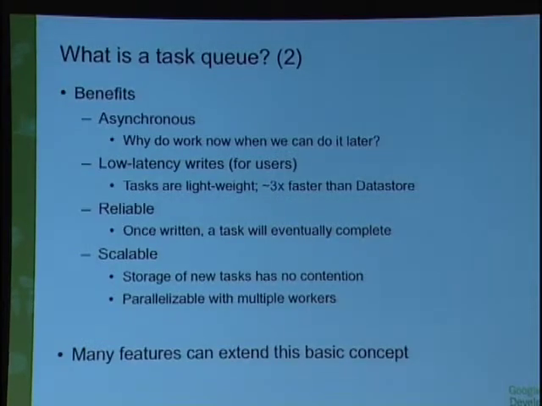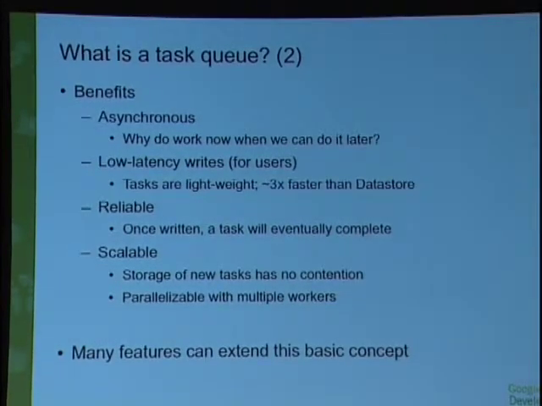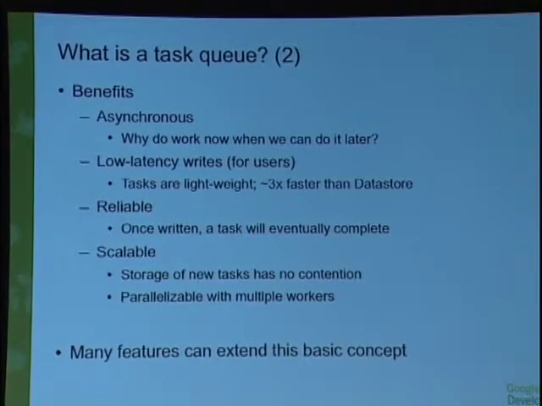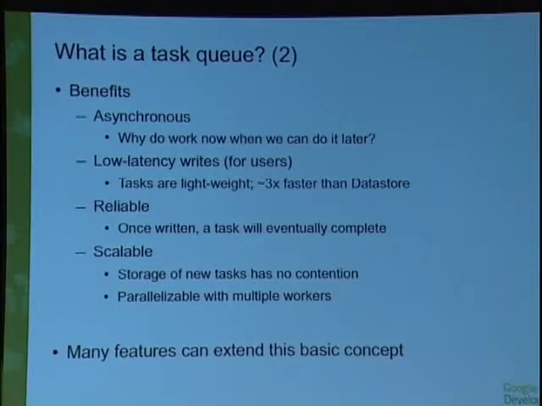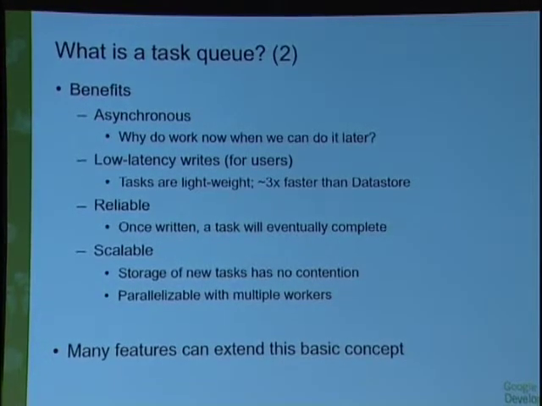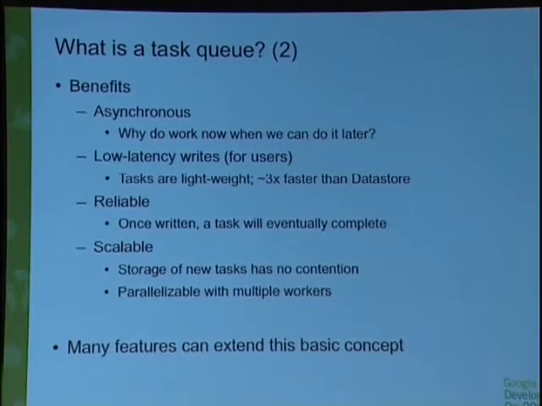So we'll get into what that description of work is in a minute. But let's just talk about some of the benefits of this approach. The first one is that this is asynchronous. Why do work now when I can do it later? Latency is a very important thing to a lot of application developers. So if you're using a task queue API,